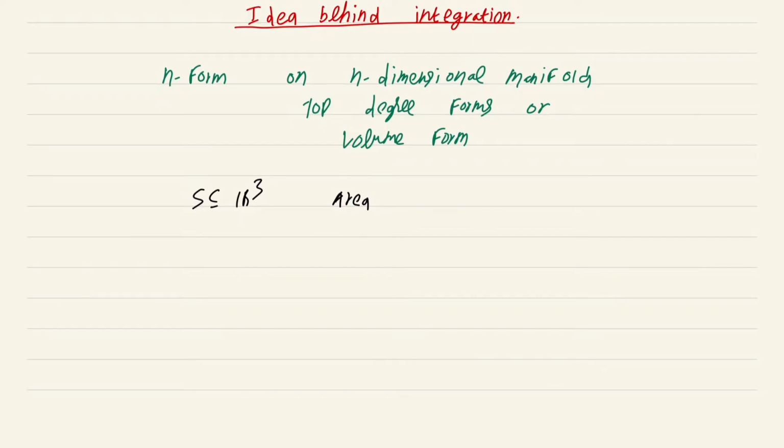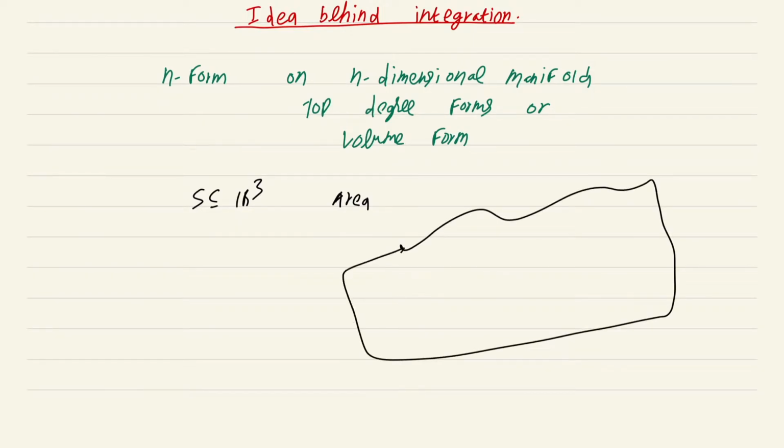So let's say you have a surface and you want to find its area. Well, the natural thing to do would be to approximate this surface by some nice polygons and take the sum of the areas of the polygons, and as you increase the number of sample points on the surface, you would intuitively think that the sum of the areas of the polygons actually converges to the area of the surface. This seems like a natural, straightforward extension of the definition of the length of a curve, where we just broke up the domain, which is just a closed interval, into finer and finer partitions, and said that the curve has a length if